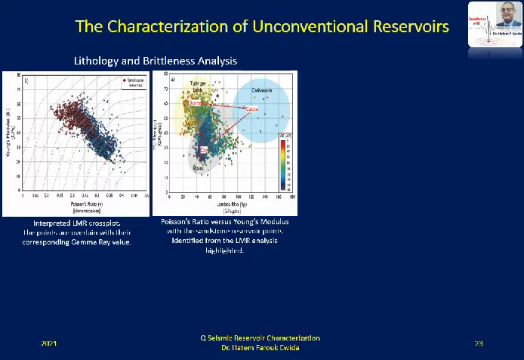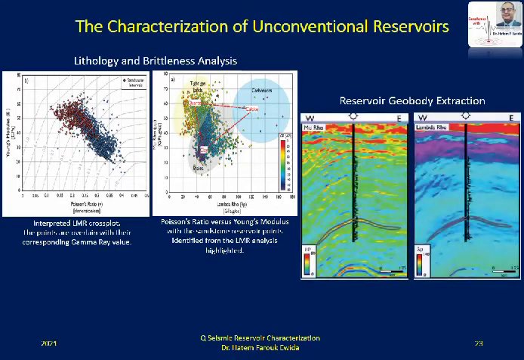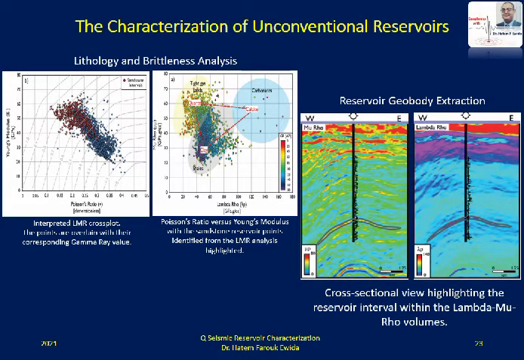So this is what they found. They had a visibility study at the start, and they have the theoretical relationship, and they took this relation and applied it on the data. By the end, they had the geobodies for the reservoirs. You understand where the reservoir is from the mu rho section and the lambda rho section. These are the cross-sectional views, highlighting the reservoir interval within the lambda rho and mu rho. One of them indicates the lithology, and the other indicates the fluid